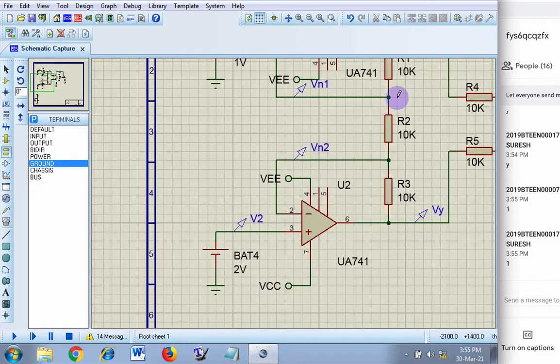So ये तो हमको पता चल गया कि 1 volt and 2 volt. So the lower end is at higher potential, यानी कि यहाँ 2 volts है. So 2 volts, 1 volt. So the current will go from top to bottom or bottom to top? Bottom to top, right? Okay, bottom to top.